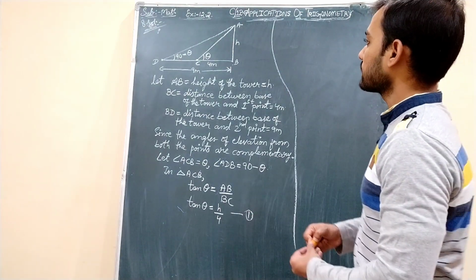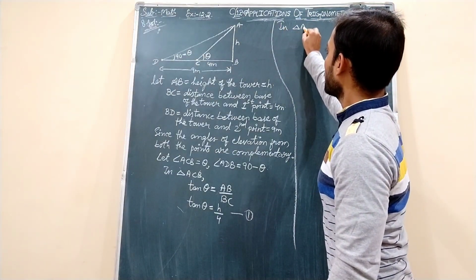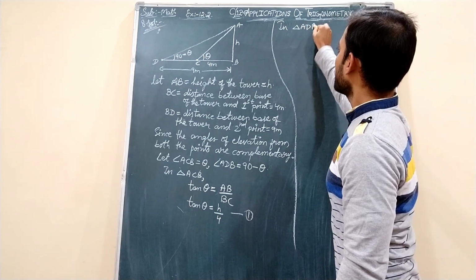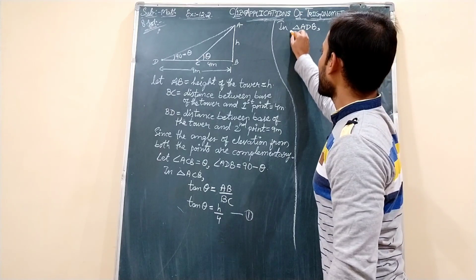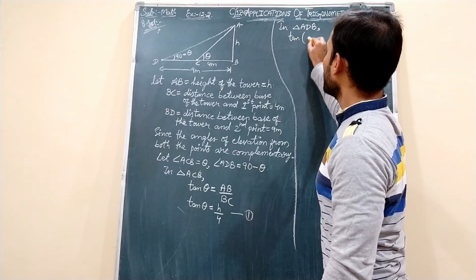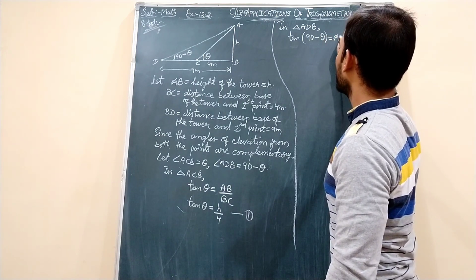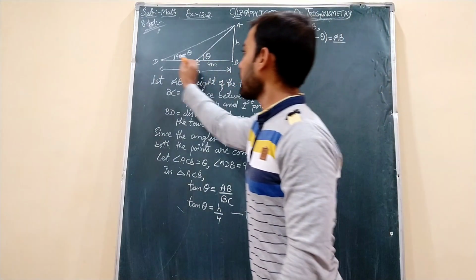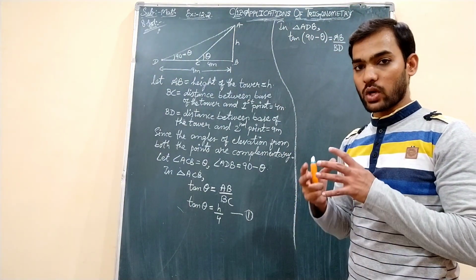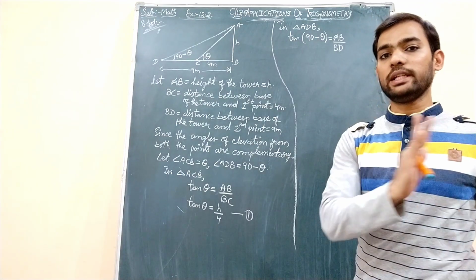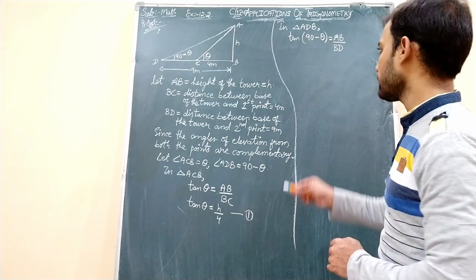Next thing, another triangle ADB. The complete triangle we are taking. So here also tan ratio only. But what is the angle over here? It is 90 minus theta, students, and the opposite side over here is AB and the adjacent side is completely BD. If you want a clear picture of it, just draw that complete triangle separately to get the opposite side and adjacent side in a clear way.